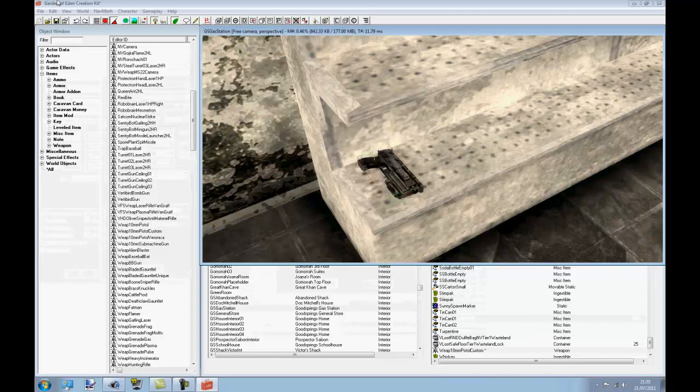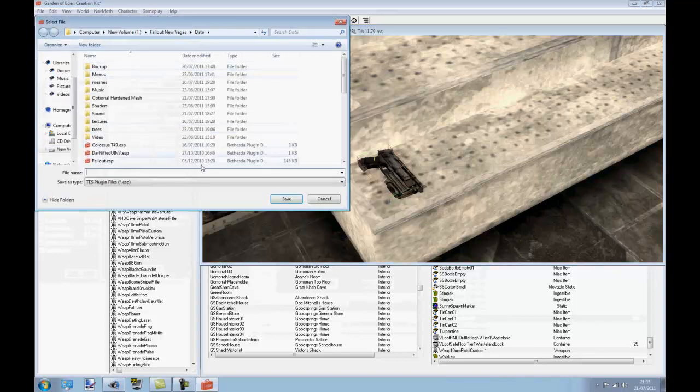And to save your mod, okay, this is the most important part of any mod you're making. You need to save it, dudes. So just click the little floppy disk on the top left, and it'll come up with what you want to save it as. So I'm going to save it as